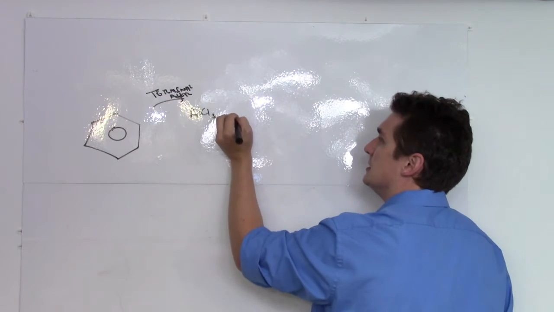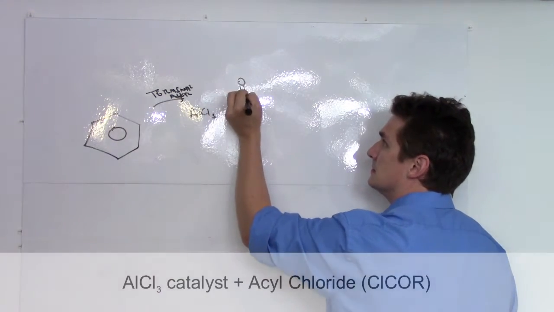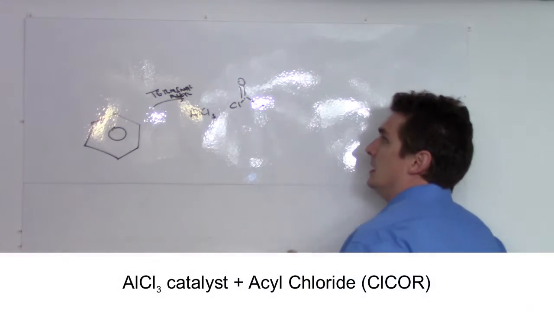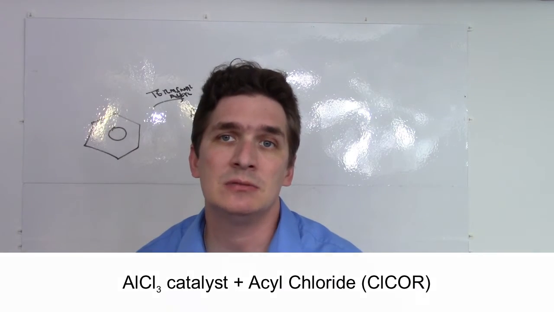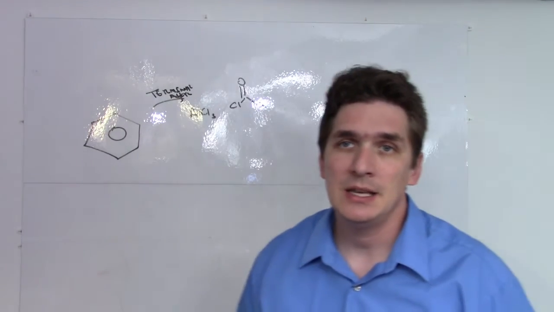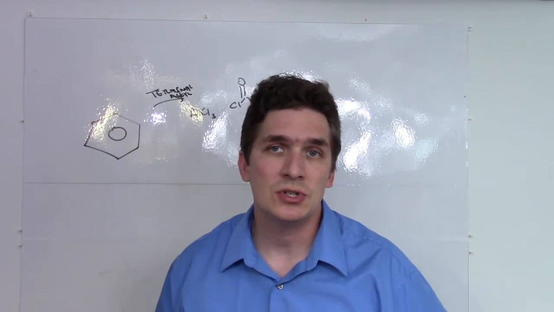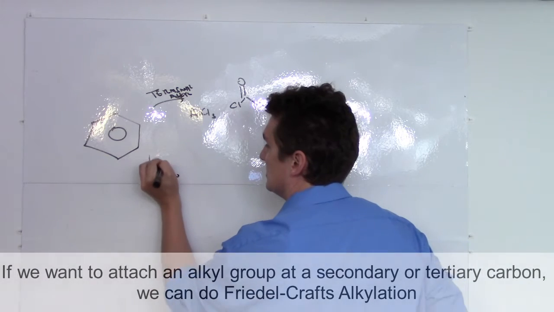and an acyl chloride. And we can get this acyl chloride by taking the carboxylic acid of what we're interested in and reacting it with thionyl chloride, SOCl2. If what we are reacting is a secondary or tertiary carbon, so we're not doing this terminal alkyl attachment, but rather attachment